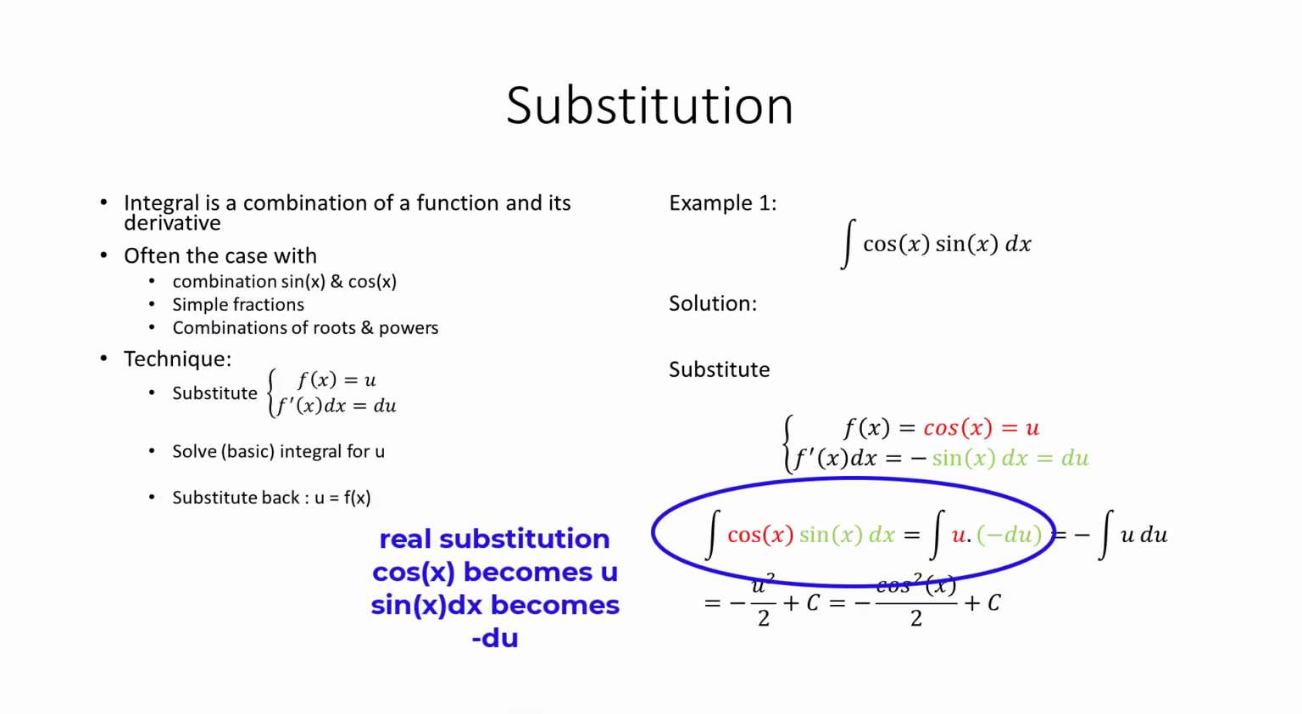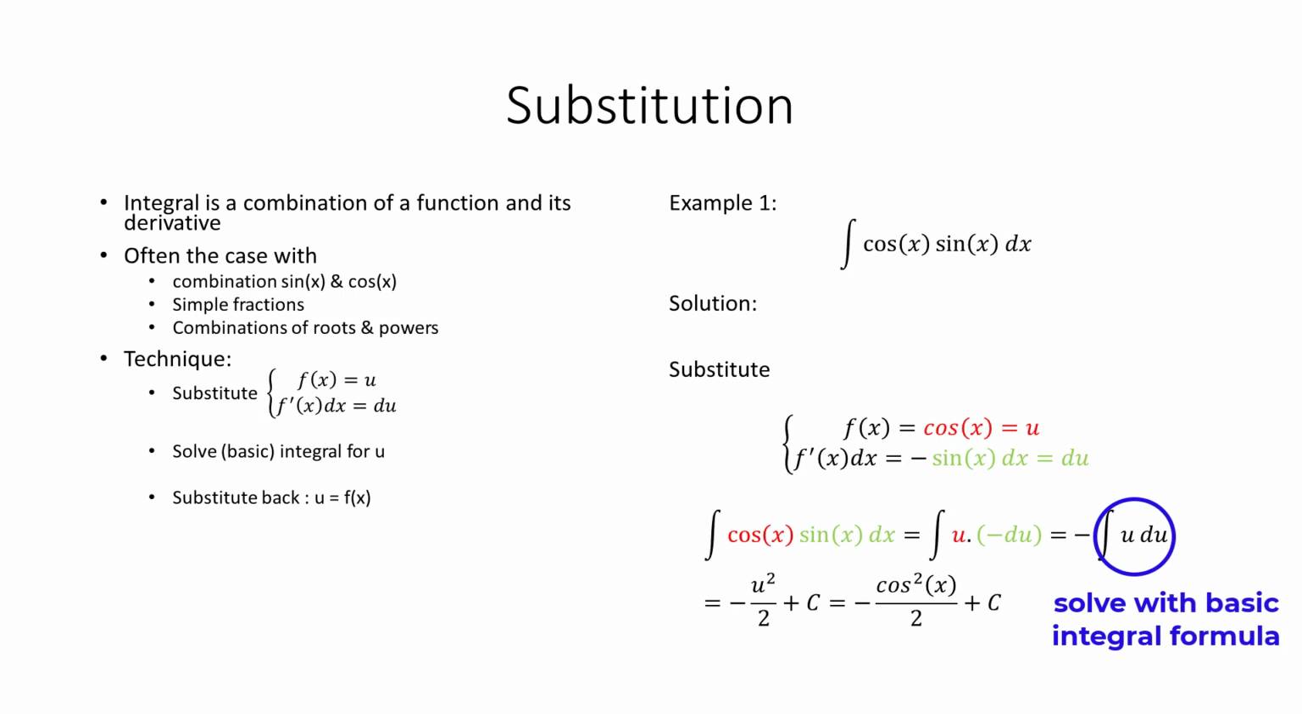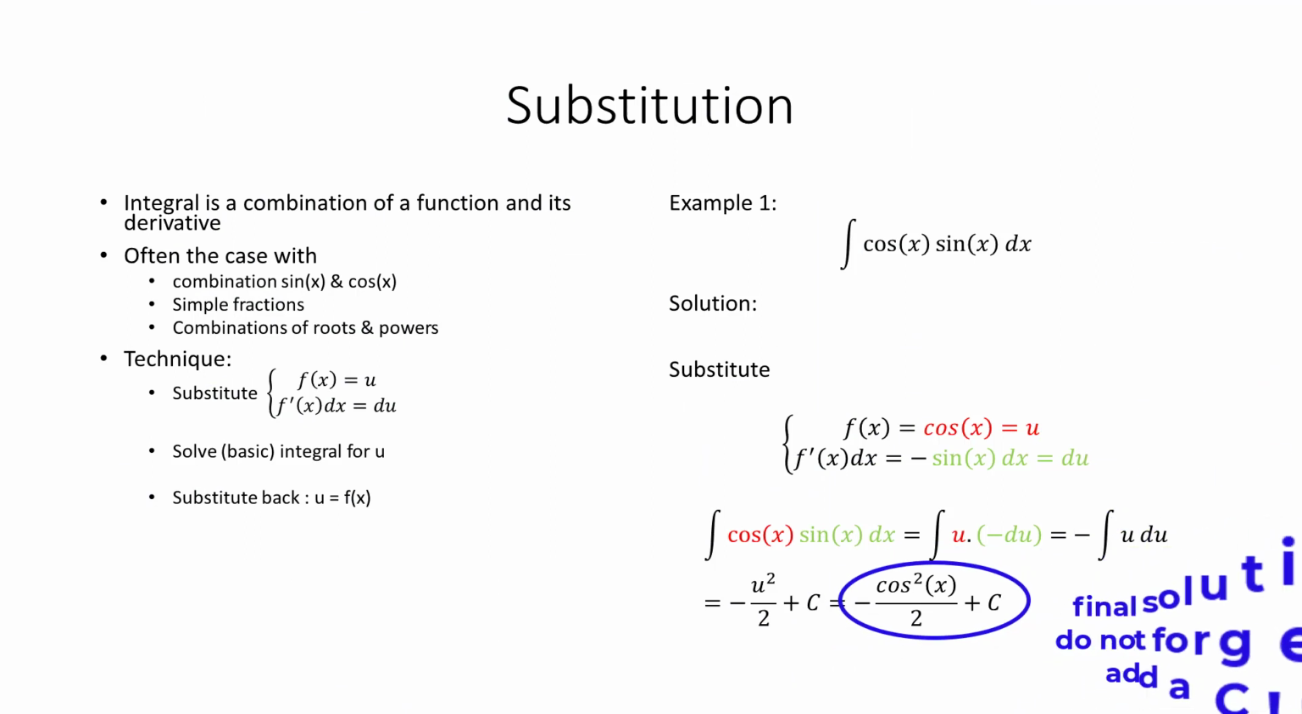I have color-coded what gets replaced with what for an easier view of the situation at hand. After the substitution, we have a simple basic integral which can be easily solved with the power formula, as we have seen in part 1. We now have found the final solution, and as always, do not forget to add a constant, uppercase letter C